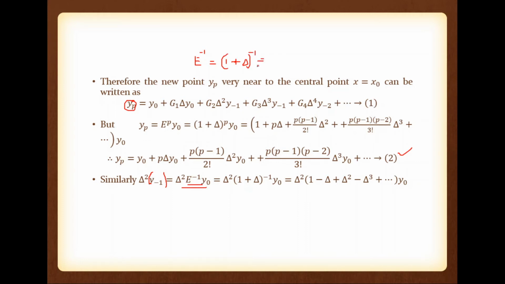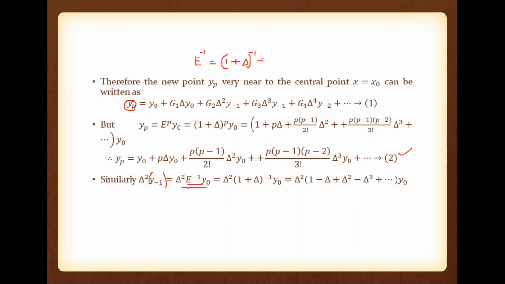So what is an expansion? We already have (1 plus delta) all raised to p. The expansion is this one. So what is (1 plus delta) all raised to minus 1? You can use the same thing, replace p with minus 1. So we have 1 minus delta, then plus, what is this one? Minus 1 into minus 2, it will become 2 divided by 2. So it is plus delta square. Here, minus 1, minus 2, minus 3, so it will become minus 6. Denominator we have 6. So it will become minus delta cube.